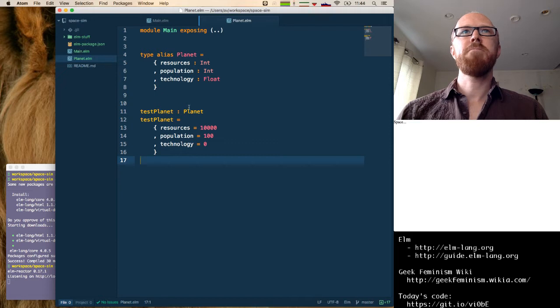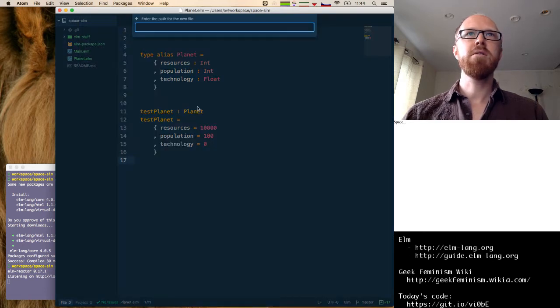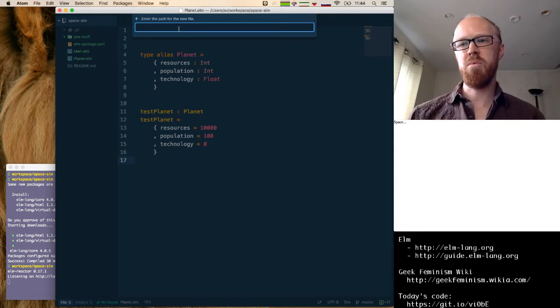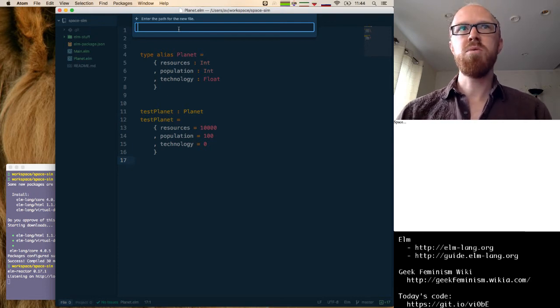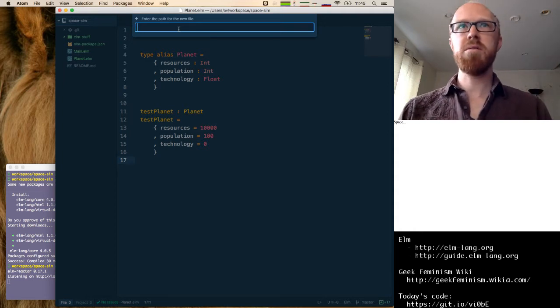So let's see. Before we start doing any simulation updates, I think the next thing I want to do is render this. So I'm actually going to make another module to represent kind of the first simulation that we're going to use, rather than doing it in the planet module, because I'm pretty sure we're going to be reusing the planet module in different simulations that we're going to build.